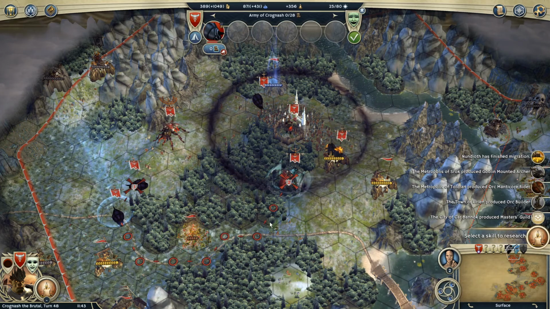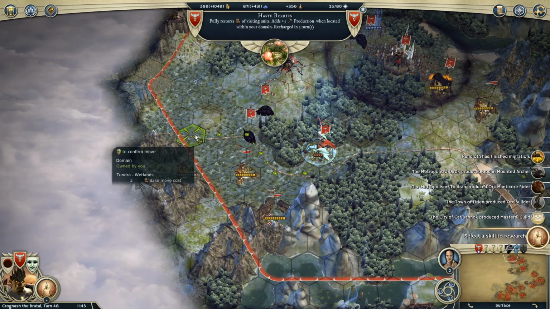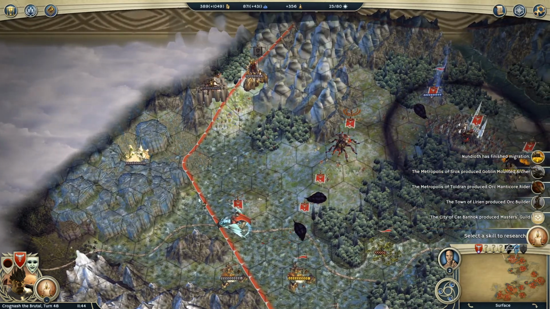I thought they were going to grab the haste berries there. That wouldn't have been good. So we'll use Dominus to grab the haste berries, and then we'll just have him go along the road here and see what else he can find. We do have Ancient Ruins, but I think I'll leave that to Crognash to